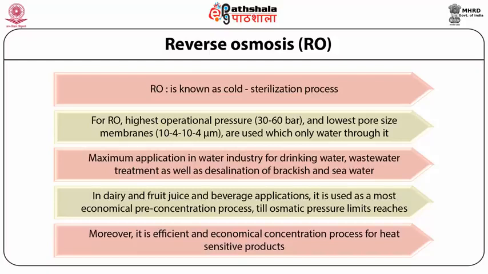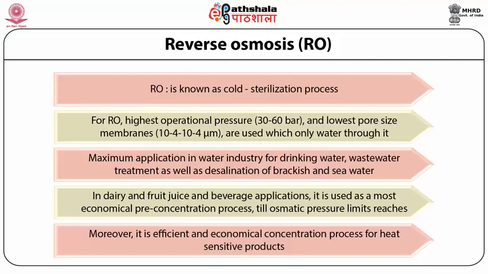If a vessel equipped with a semi-permeable membrane is filled with two different solutions of varying concentration, then the water of the less concentrated solution will pass through the membrane to the solution with the higher concentration, due to the osmotic pressure difference, to reach equilibrium. If an external pressure higher than the solution's osmotic pressure is applied on the higher concentration solution, then the movement of water can be reversed.